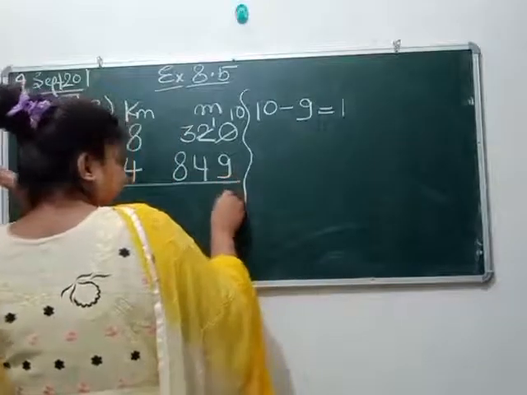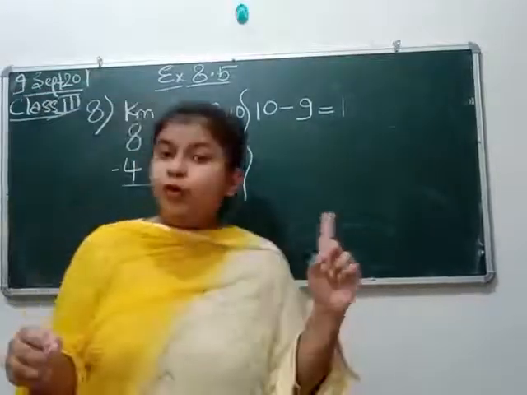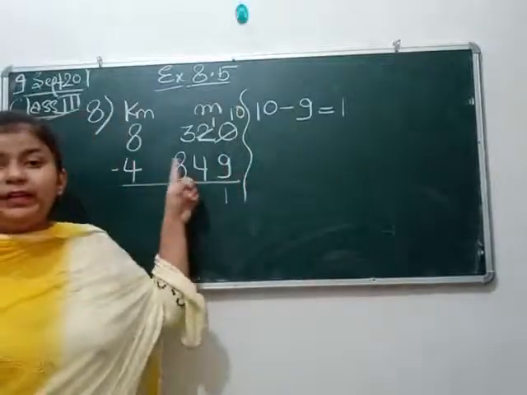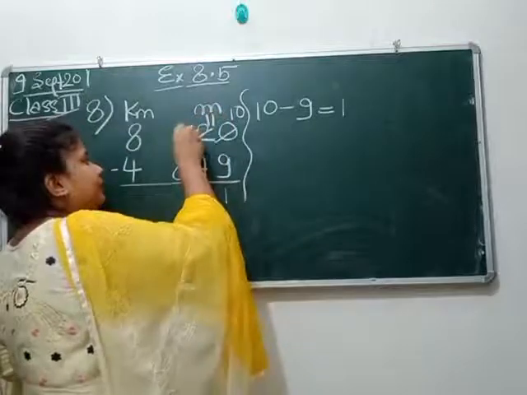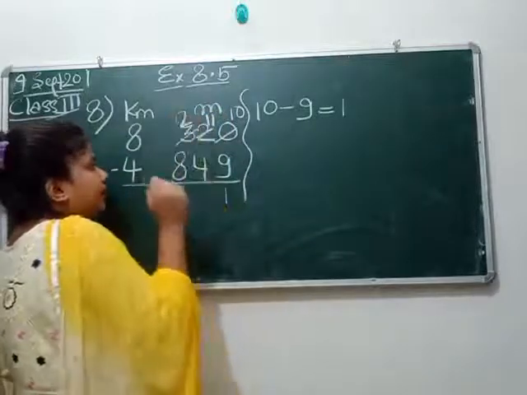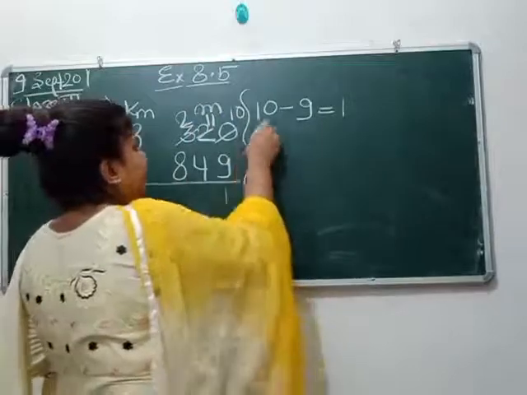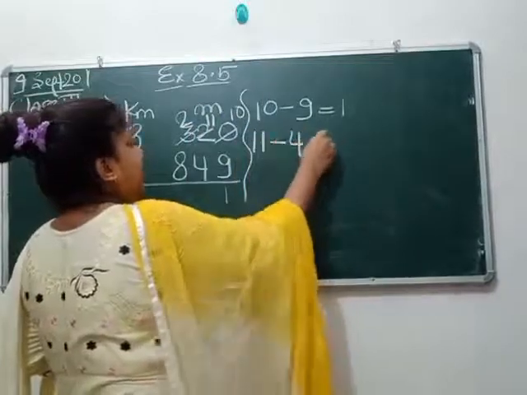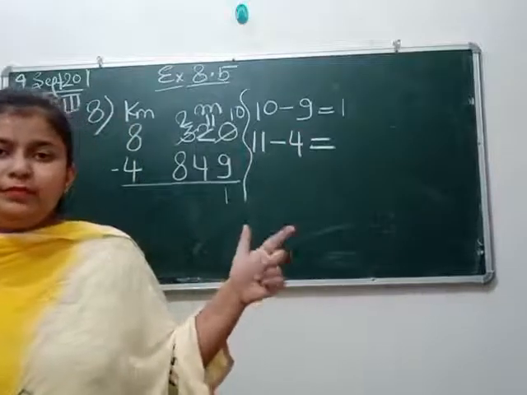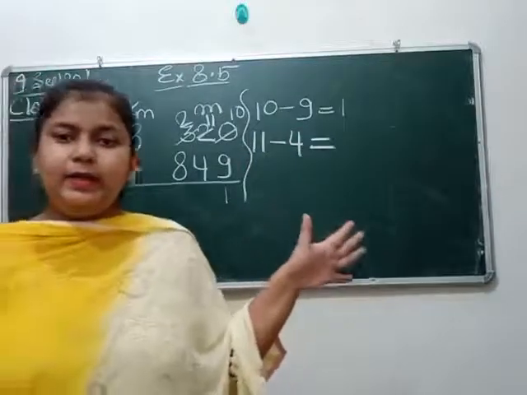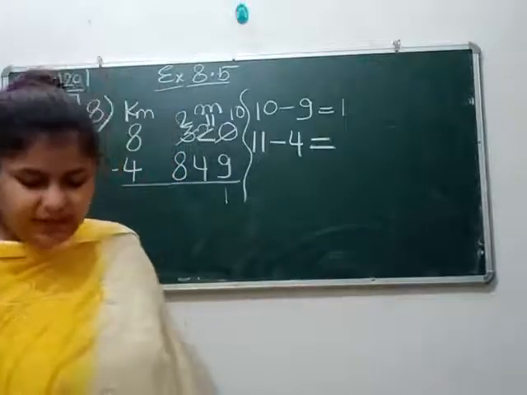Okay, now at next place we are having 1 minus 4. We cannot subtract 4 from 1. Now this 1 will take a borrow from the next place. It will become 11 and the number that is giving borrow, it will become 2. Now next is 11 minus 4. So 11 minus 4 will give us 5, 6, 7, 8, 9, 10, 11. How much? 7.